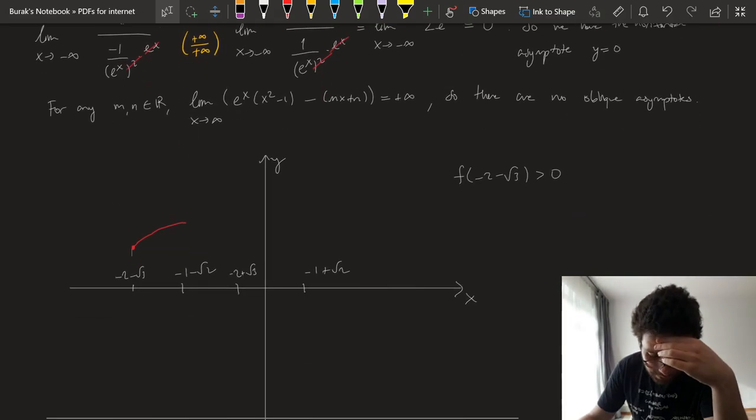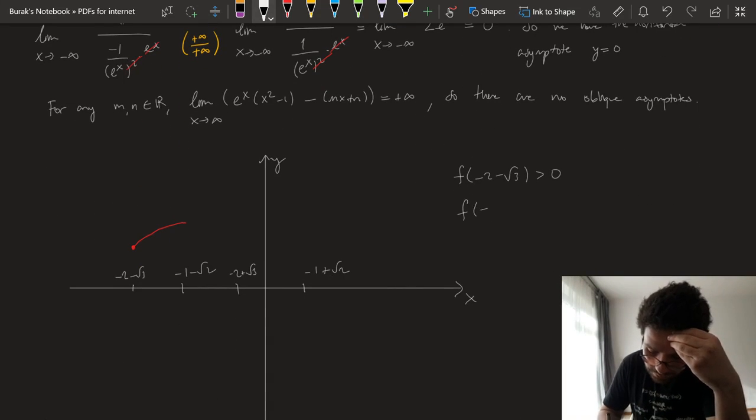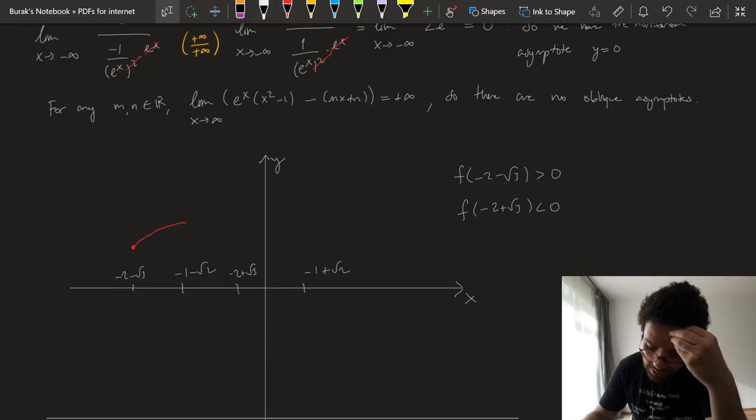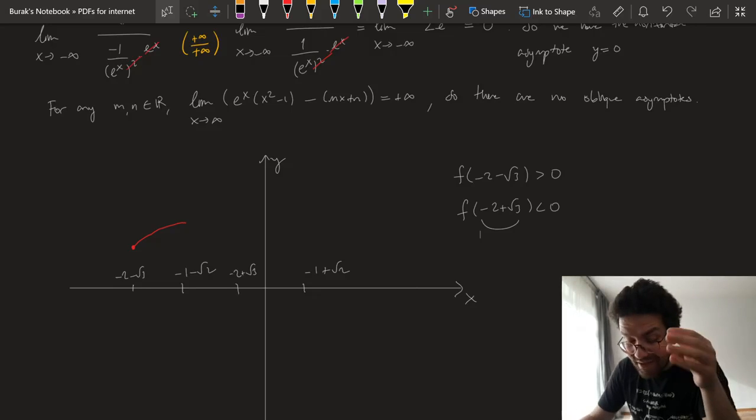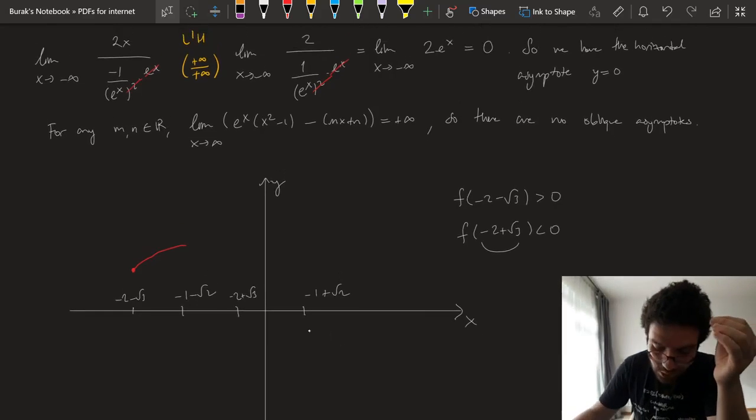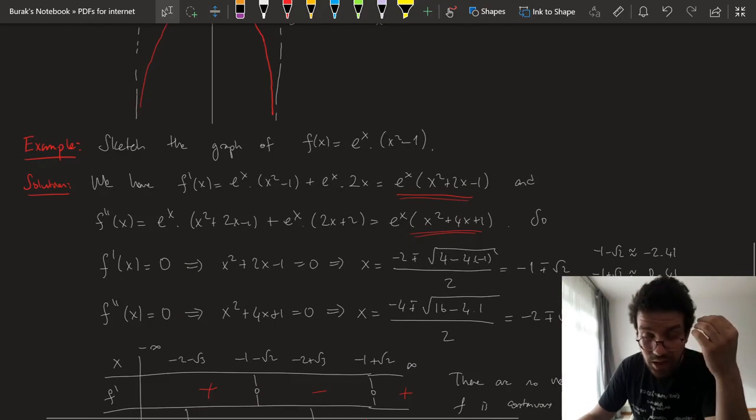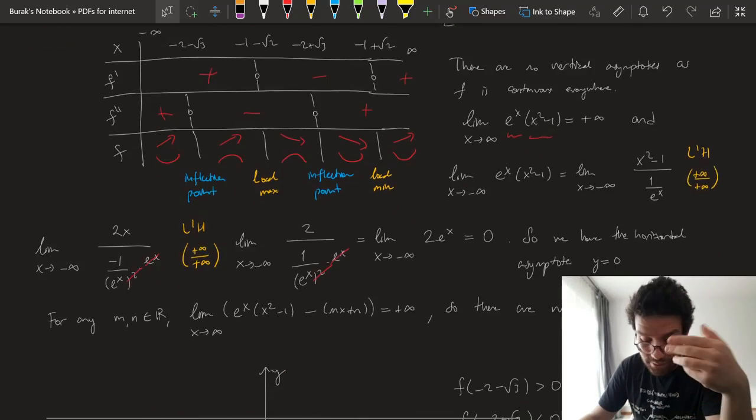Okay? And you can check that the value of the function at minus 2 plus root 3 is going to be negative, because this number is less than minus 1. Sorry, it's bigger, it's between minus 1 and 0. Okay, this is between minus 1 and 0, which means that if you take its square, it's going to be less than 1. So when you subtract 1, it's going to be negative. So